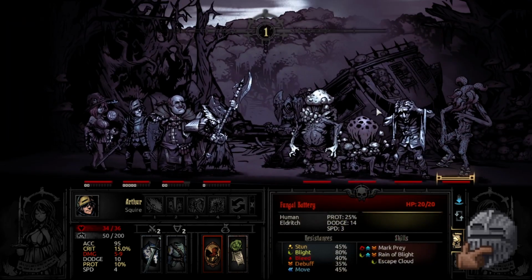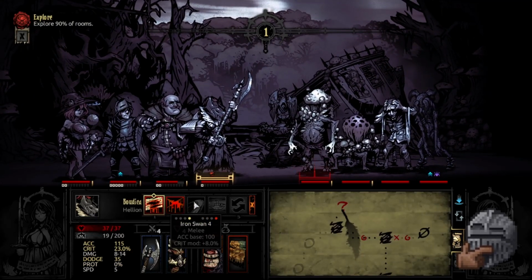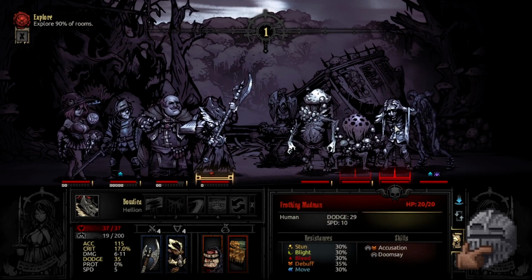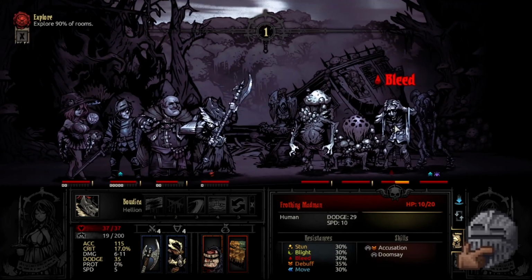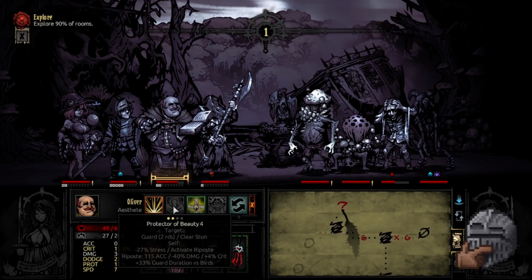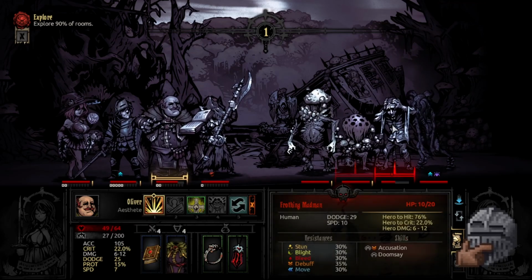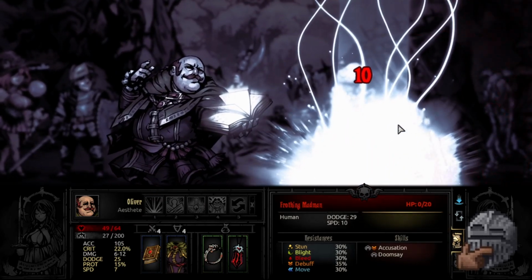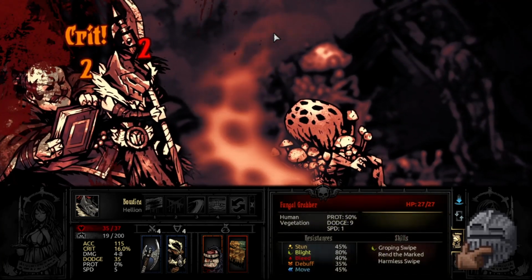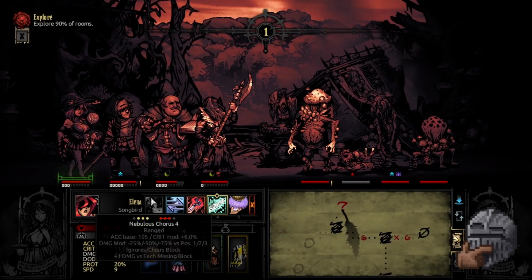Alright. Gotta kill that madman ASAP. Let's see. This guy we can leave alone for the most part. Let it bleed out on the madman. There we go. We cannot use Protector of Beauty because poor Oliver is in position 2. But we can snipe the Madman and get a little bit of torch back. Oof. Fuck off with that,